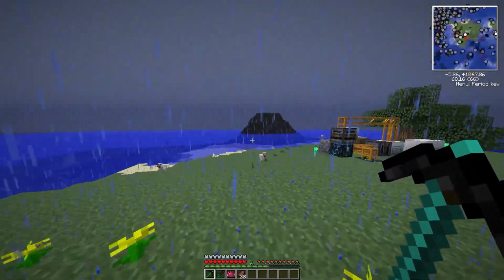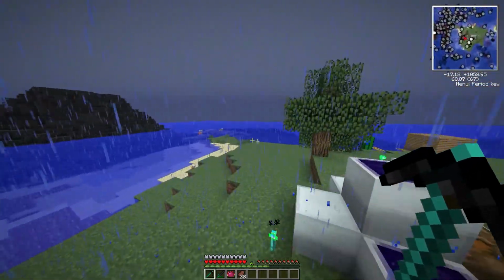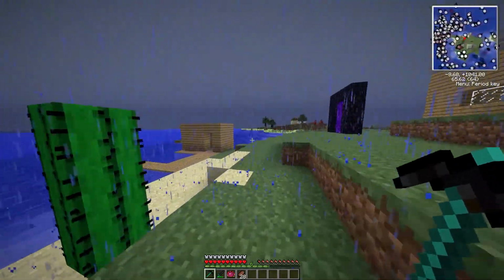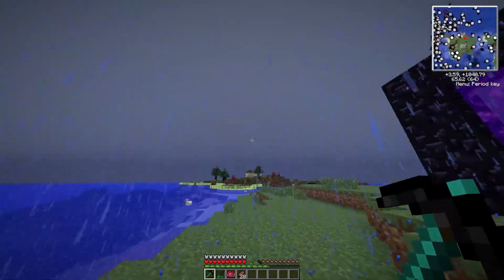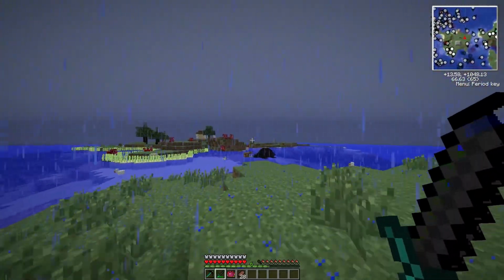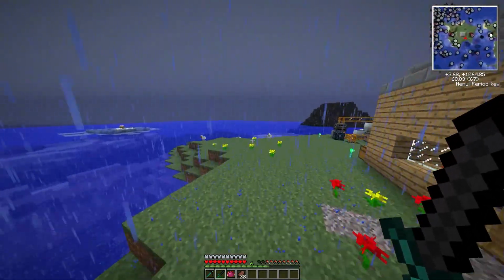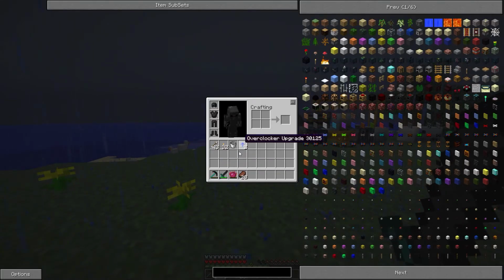Hello, and welcome back to some more Tekkit Classic Survival Island. In the last episode, we finally upgraded all of our stuff to dark matter. We have some dark matter armor, a dark matter pickaxe, and a dark matter sword. And that should stop us having any problems killing mobs at the moment, and especially when we upgrade this to